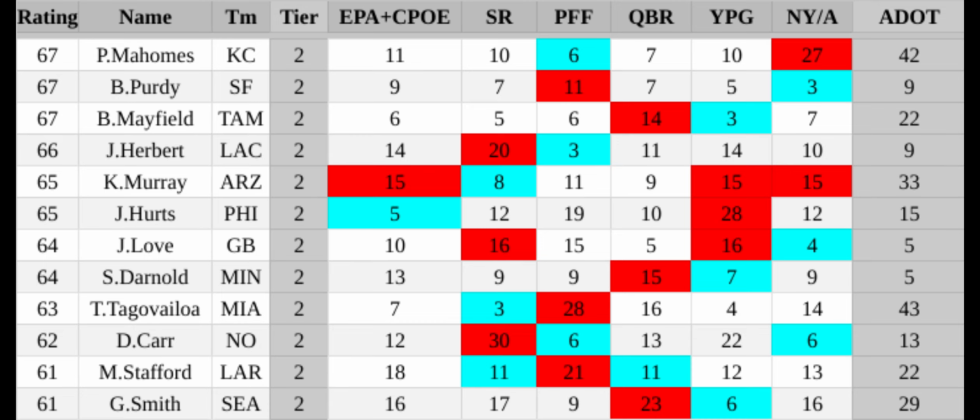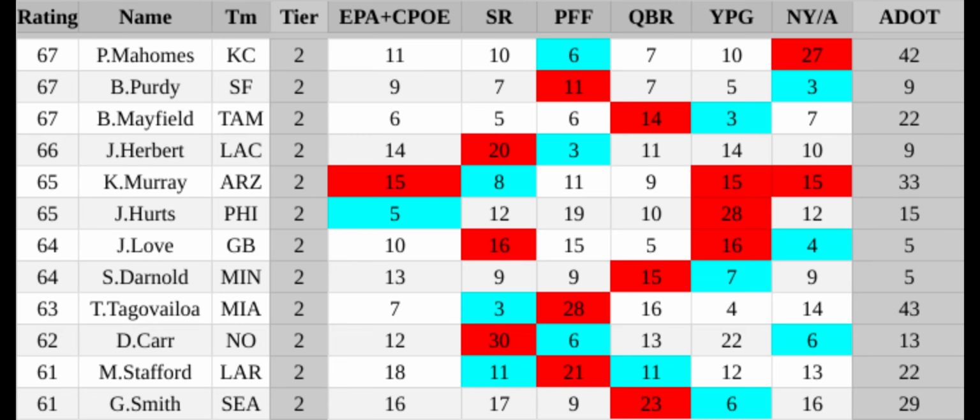But even still, he put together a really solid year, and he did it without passing deep, like at all, being 33rd in average depth of target. Murray was very efficient, though, with the success rate. And just overall, he was successful in a lot of the statistics that I highly value, being success rate, PFF grade, and QBR.